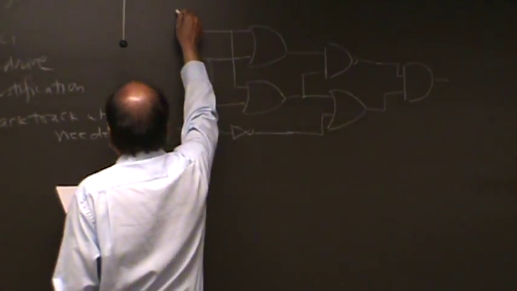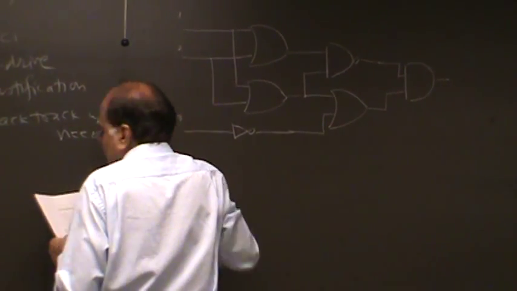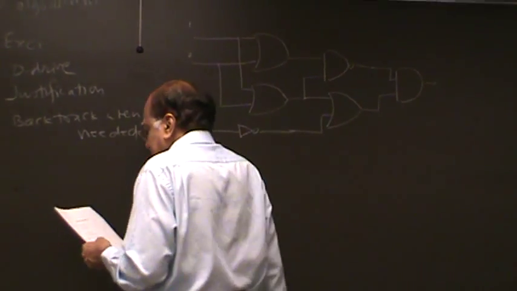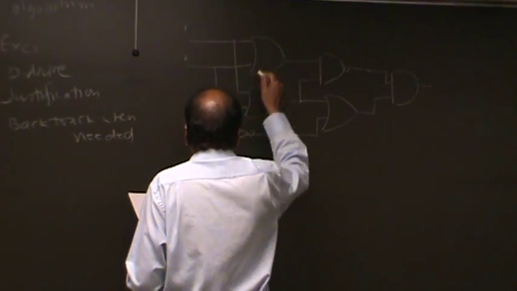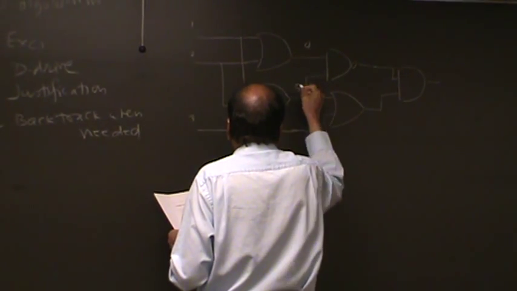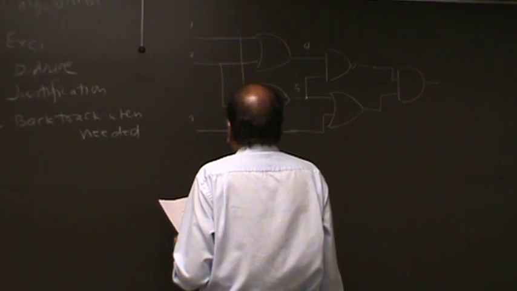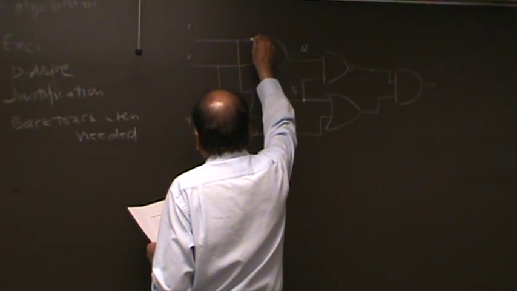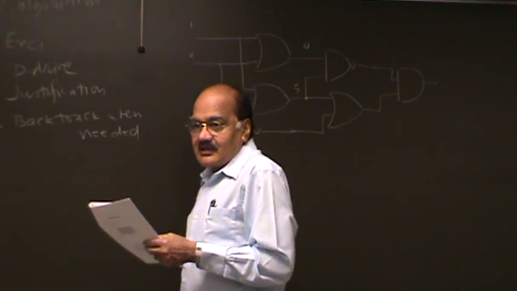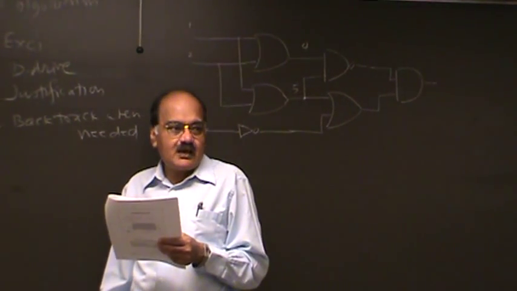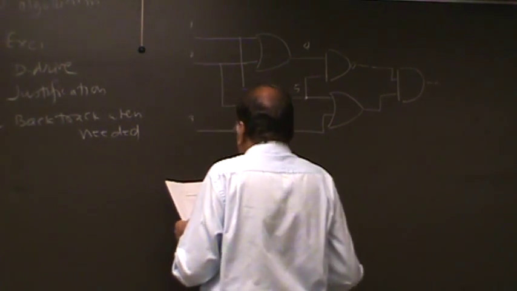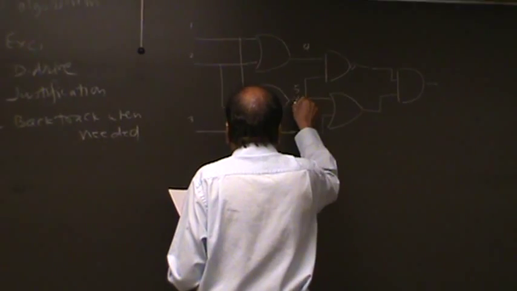And I'm going to label the nodes. So these will serve as the labels. I would call them A, B, C something, but why not? I'll just use the numbers. And let me call this node 5. Notice, strictly speaking, these and these are different lines, because whenever you have a fan out, the branches are supposed to be different lines. But since we are going to be considering test generation here,